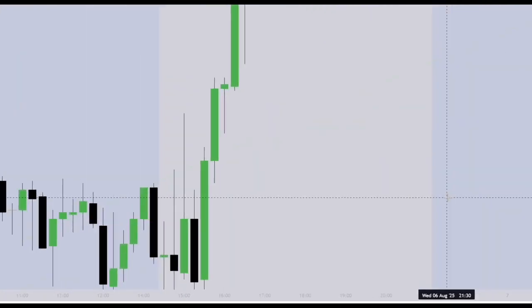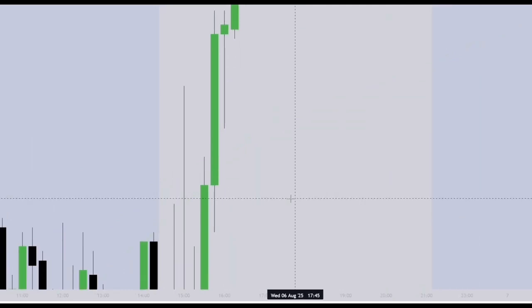I want every trader to understand what a fair value gap is. And so this here is essentially the fair value gap, right? So the fair value gap in this case is, you can see this wick, right? And this wick, there's